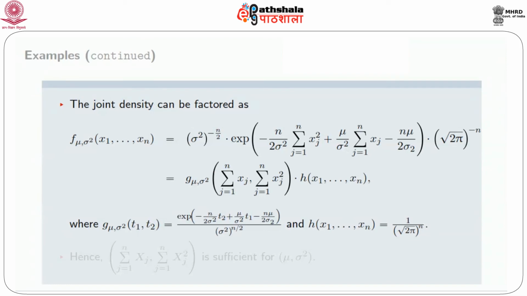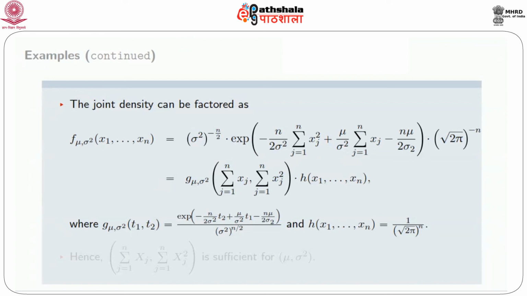Now the first part is a function of the two statistics, summation j from 1 to n xj square and summation j from 1 to n xj. We write it as a function of summation j from 1 to n xj and summation j from 1 to n xj square. If we set T1 equals to summation j from 1 to n xj square and T2 equals to summation j from 1 to n xj, then the first part can be written as a function of T1 and T2,